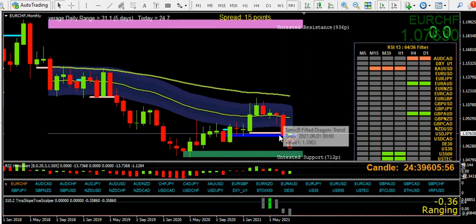I mean, these are fantastic opportunities at the end of a month and the end of a week. They don't have to coincide together, but it just happened that they did this one. So the bounce was expected. Now all we have to do is go on the lower time frames to trade it, but that I'm not